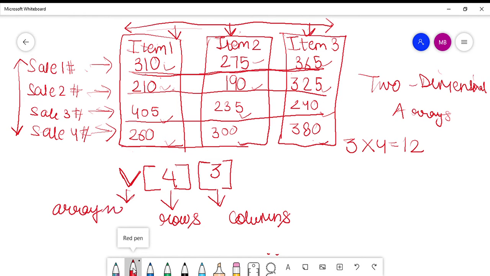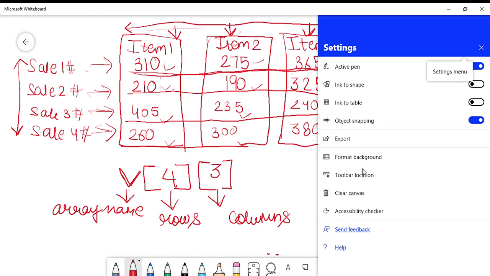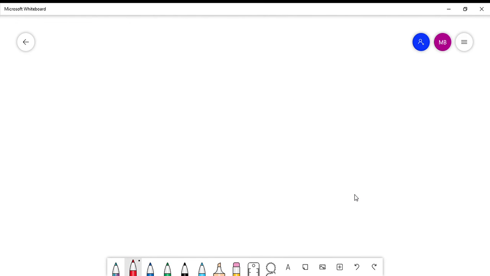array, right? So if I talk about the declaration, how are you going to declare a two-dimensional array in C? You give the data type. Obviously, every array will have a data type, whether it is a one-dimensional array or a two-dimensional array. So the first thing that you have to mention is the data type to which that array belongs.